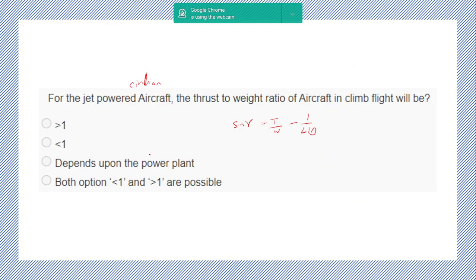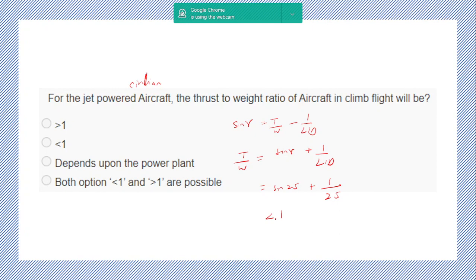1 by L by D, and they've asked you for thrust to weight ratio. That is sine gamma plus 1 by L by D. Typical values, maximum value of civilian aircraft climb angle would be around 20, 25. So take sine 25, and the maximum value of L by D that I've found was again 25,